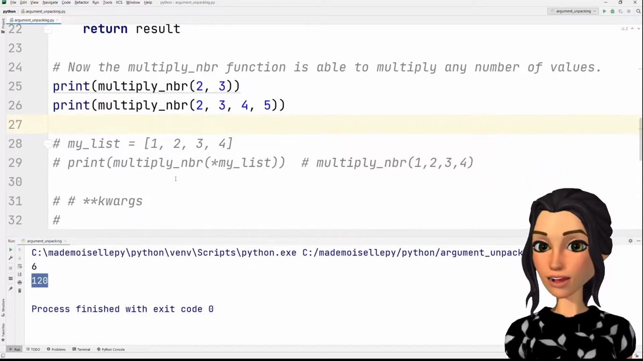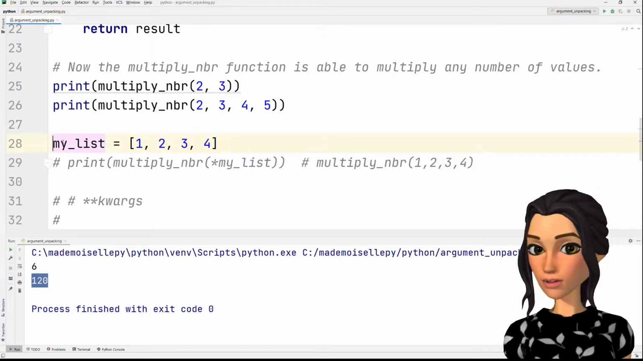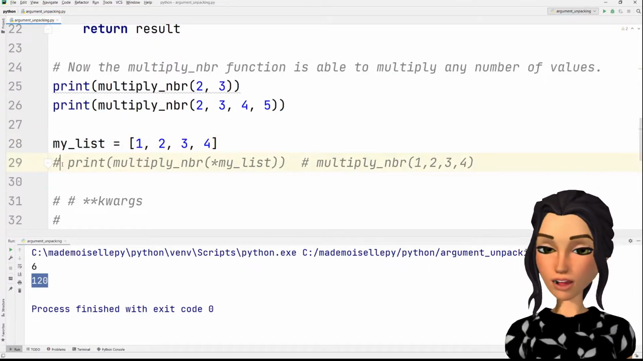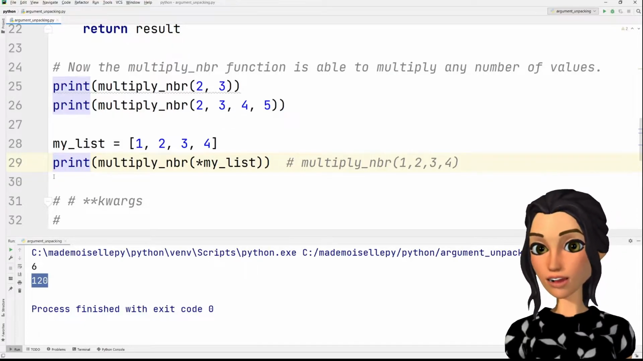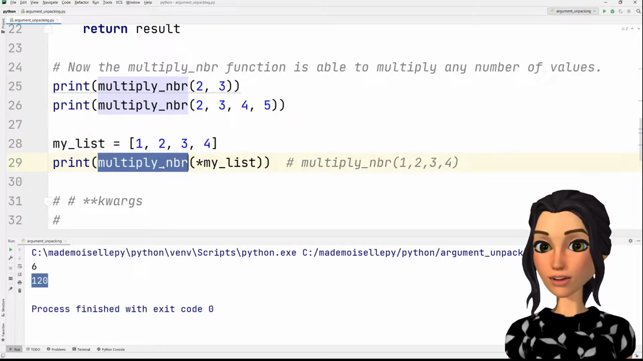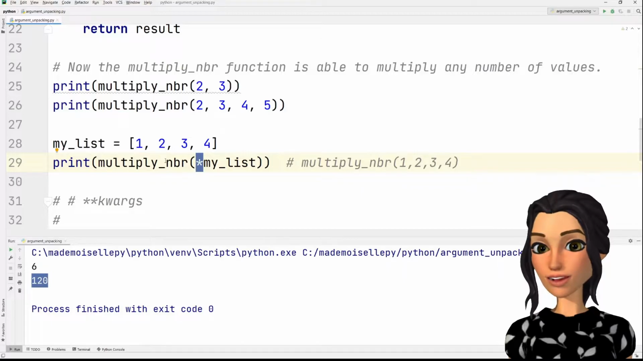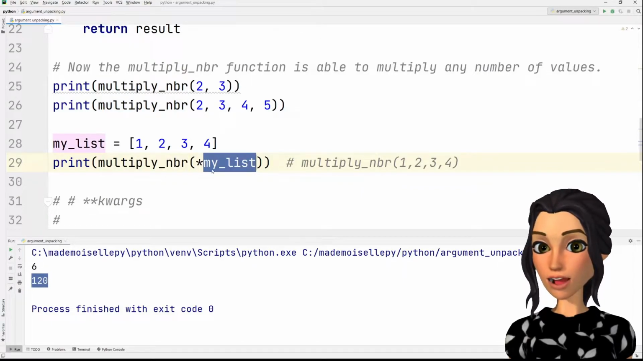In the next example, I am passing a list as an argument. This is to demonstrate that we can also pass a list as an argument. And here the list contains four elements. When I'm calling the function multiply number, I'm passing the name of the list preceded by an asterisk. What happens exactly when we are calling the function is that it is unpacking all the elements that are available